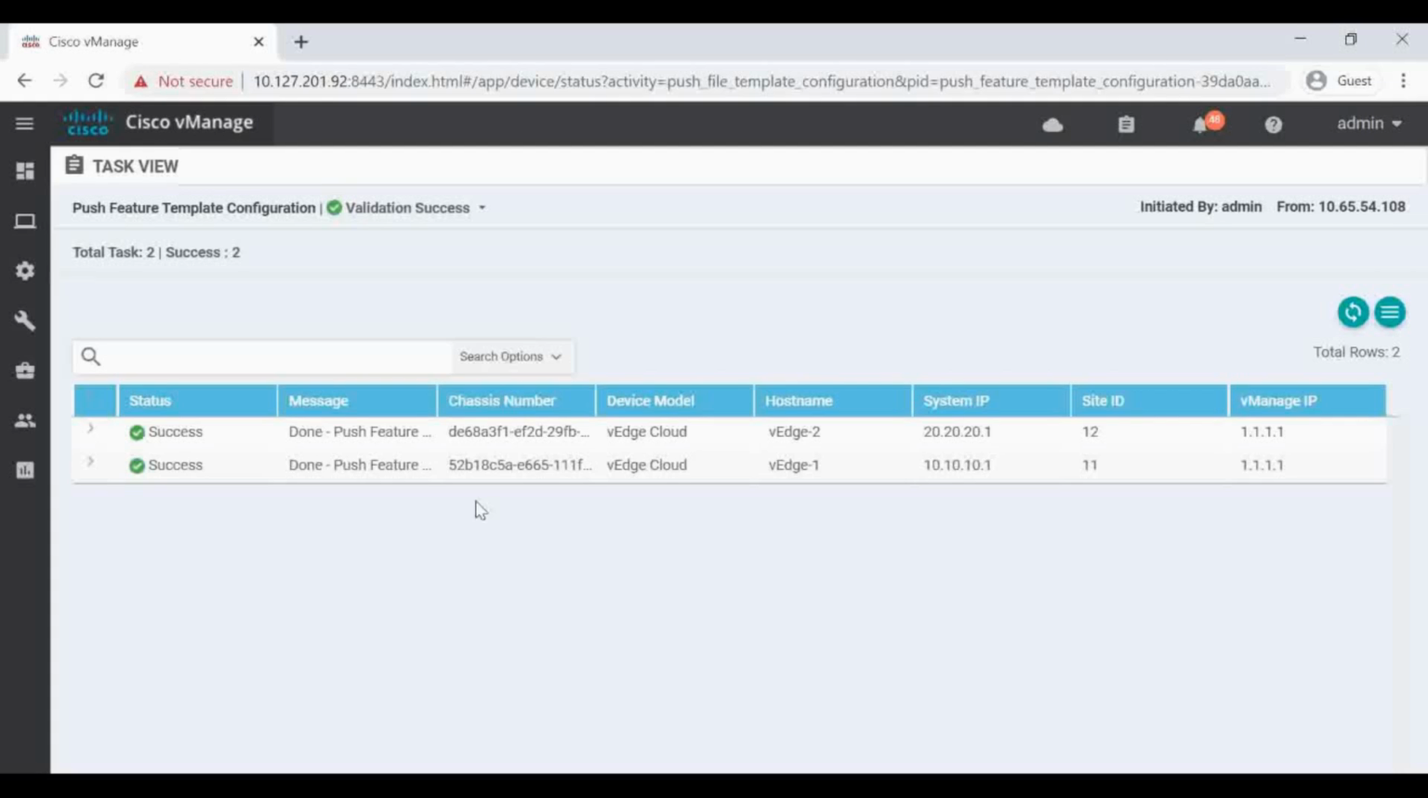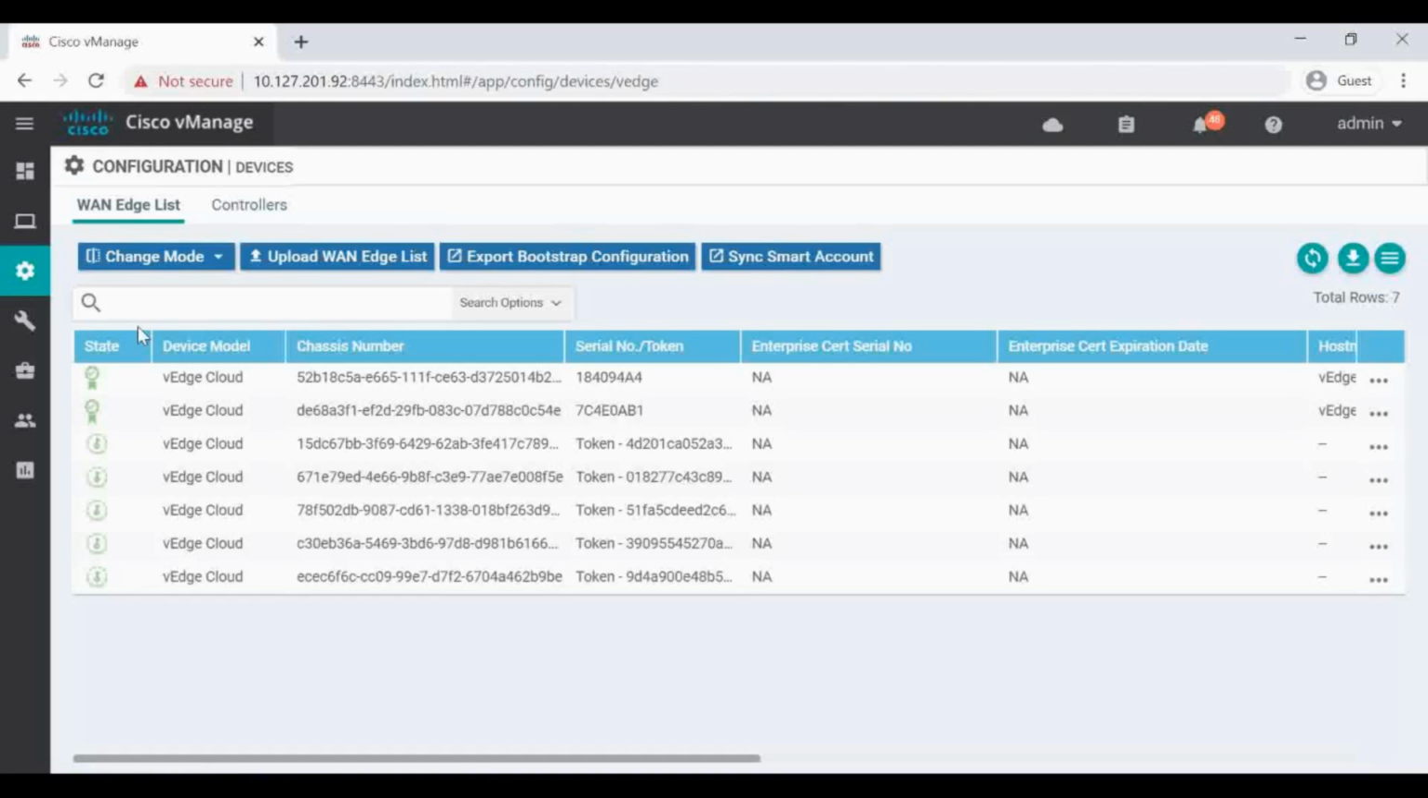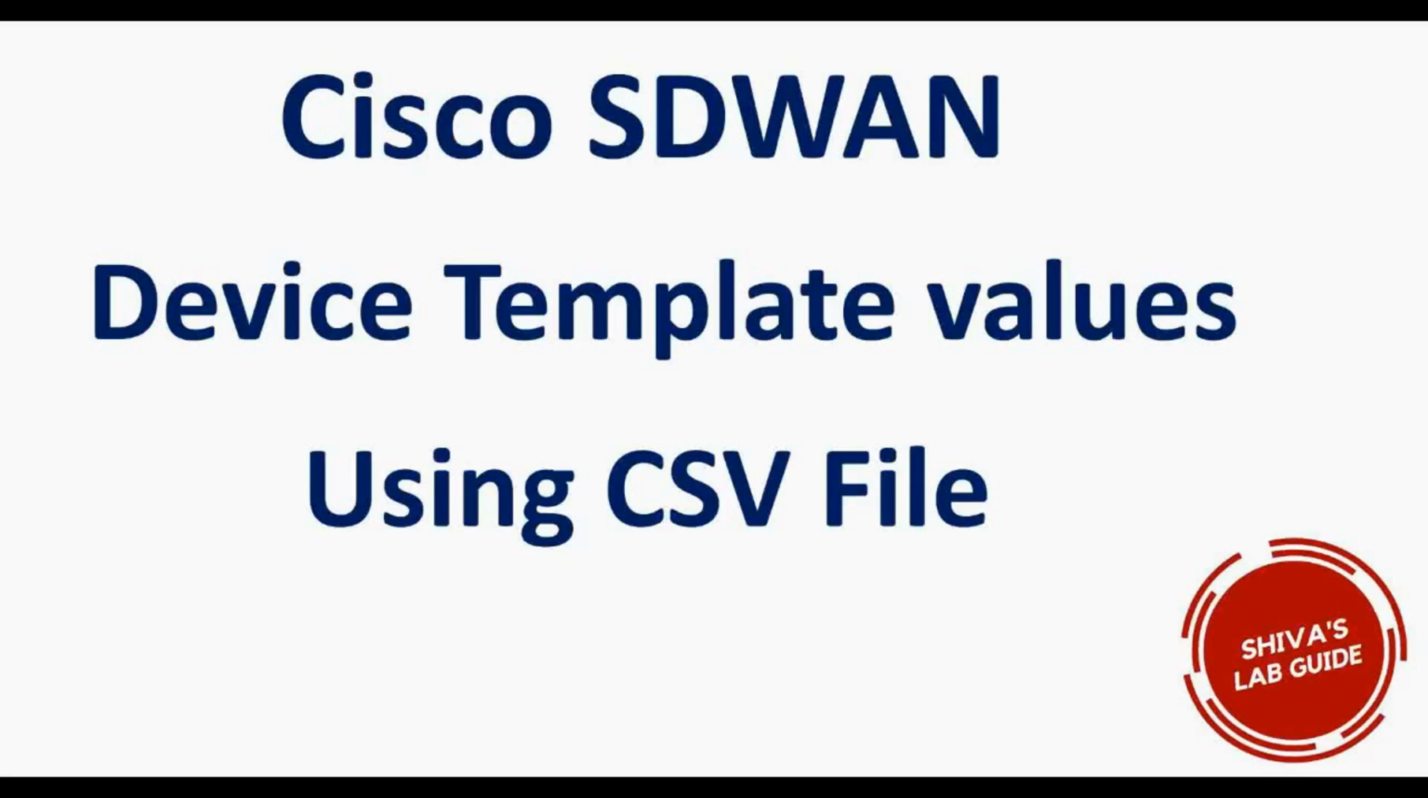So like this, we can use your device template configuration to push configuration to all your VHs. Imagine if you have like 1000 VHs and enter the device template values using a CSV file. In my previous videos, I have showed you, when you attach a device template to the VHs, while attaching and